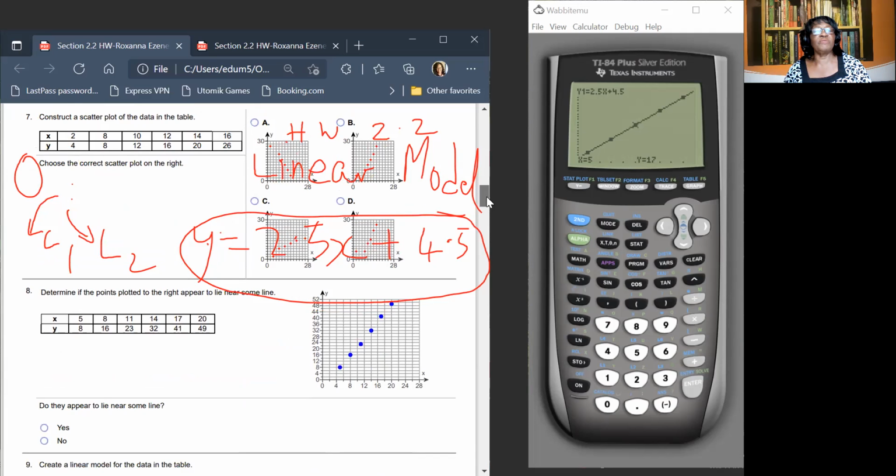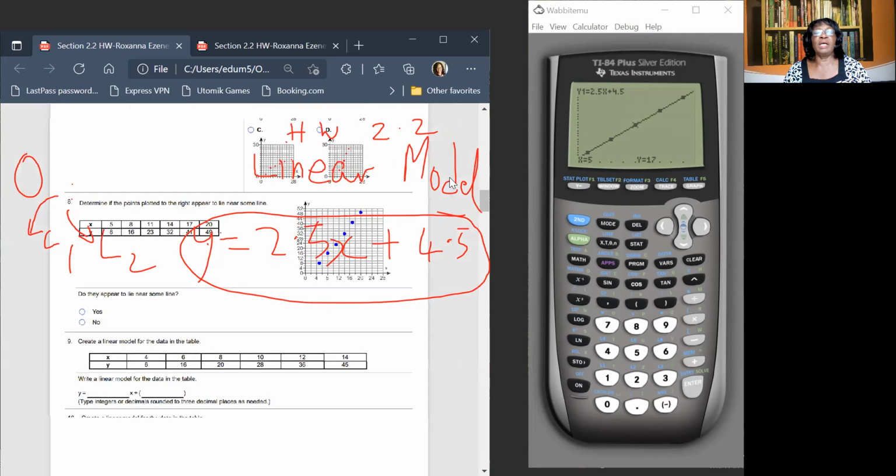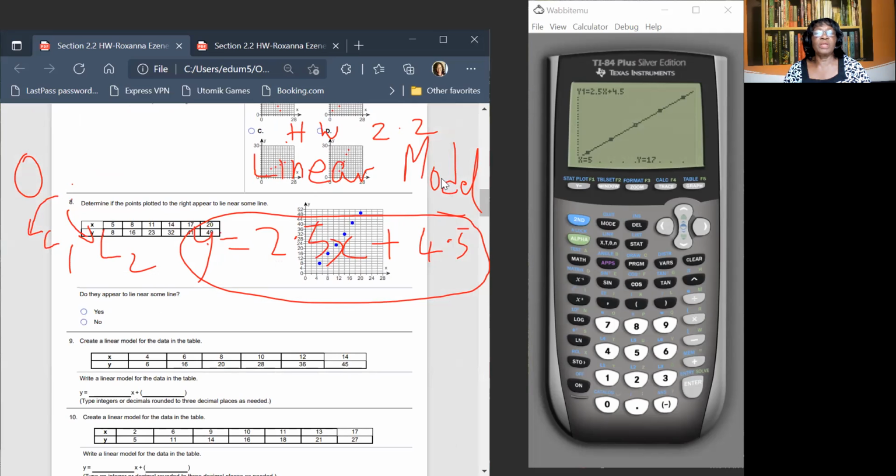Construct a scatter plot for number 7. Okay, let's go look at number 9. Create a linear model again, the same thing as with number 6. So I am going to